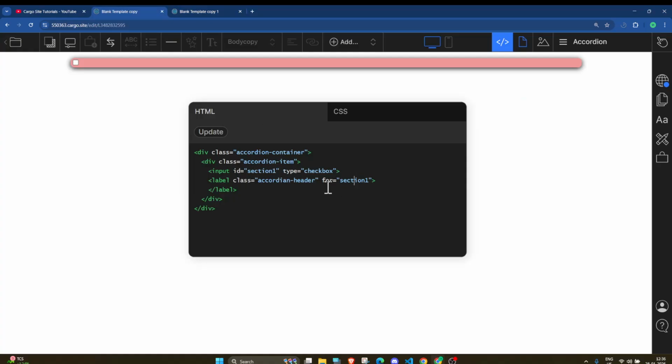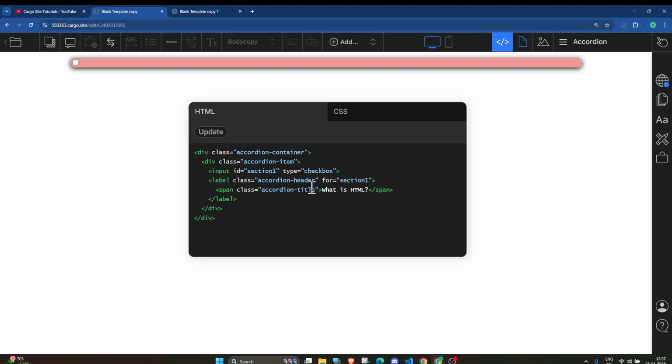Now we will add a span tag, and here we will add a class accordion. Okay, so let me change it. Yeah, accordion title, and here I will give the title, what is HTML.